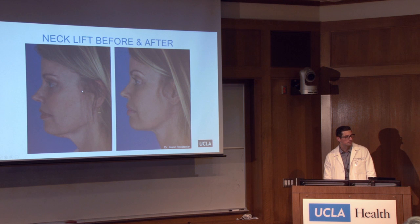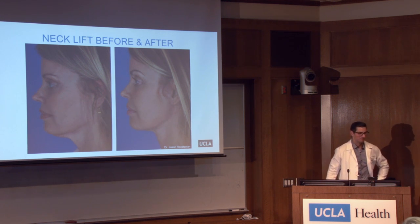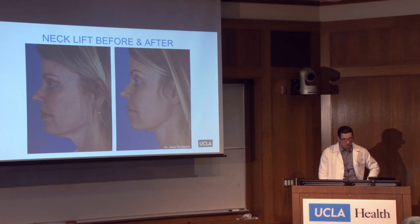So the platysmal bands, those are muscles? Yeah, it's a muscle. It's this muscle. Why do we have it? Why does it become more pronounced the older we get? Is it the muscle itself or the...